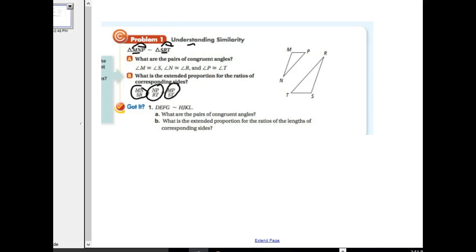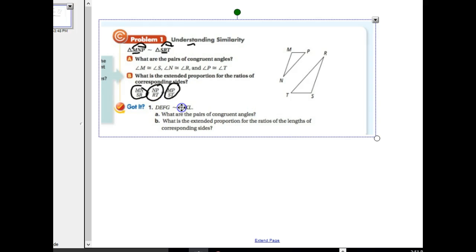Well, again, angle D is going to correspond with angle H. E is going to correspond with J. Angle F is going to be congruent to angle K. And angle G is going to be congruent to angle L. Okay, just like they were before. So if we want to write that out,